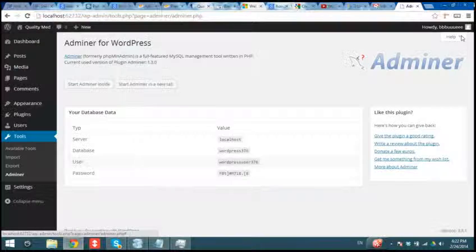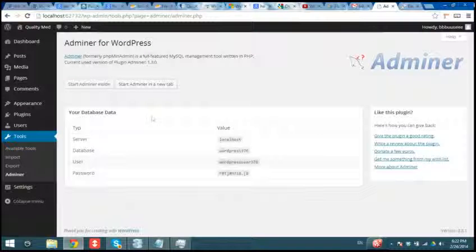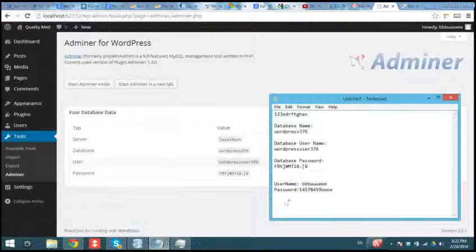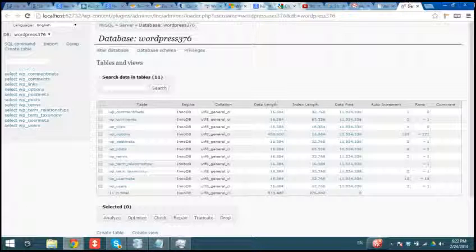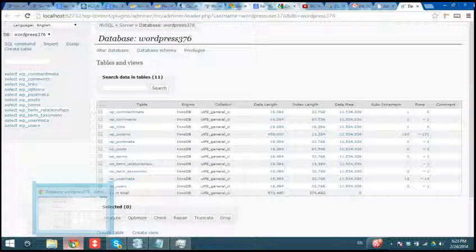I think maybe it's a good idea if we start adminer in a new tab. I'm just afraid that when we change the database, we may lose the connection, because the username and password of the localhost that we entered at the end here will change, and we lose the connection with the database. So I think it's a better idea to change the database from a new tab. So start adminer in a new tab, and in order to change